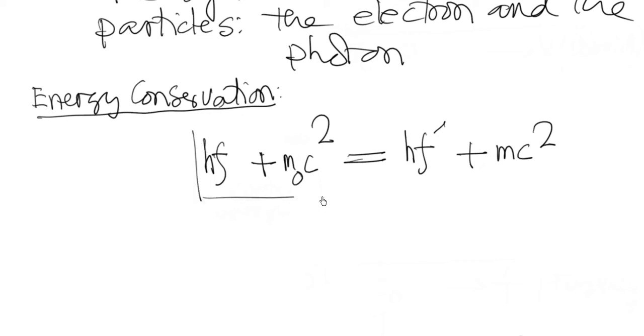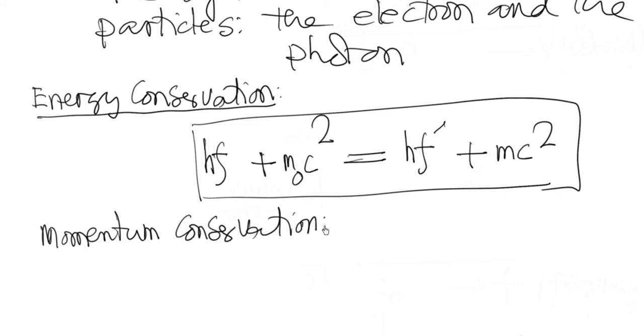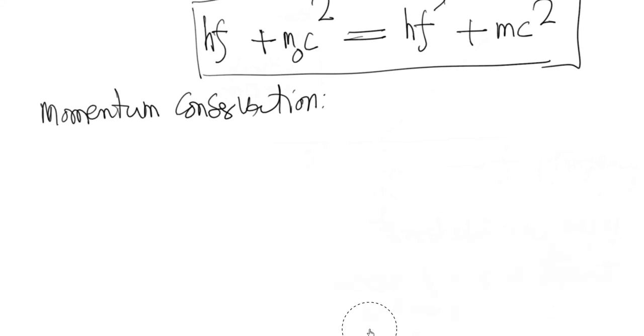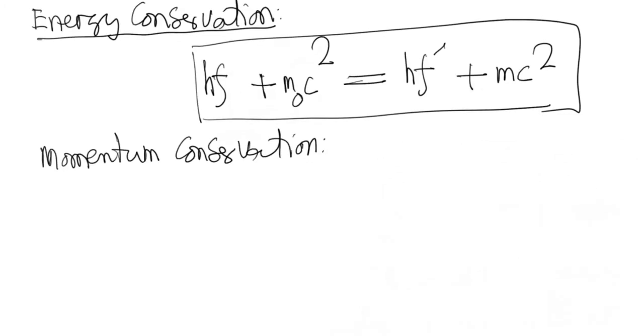Okay, so this is one conservation relation, and the other is the conservation of momentum. There will be two equations for the conservation of momentum, because momentum is a vector quantity, so it will have two components, along the x direction and along the y direction for the two-dimensional case. So along x direction,